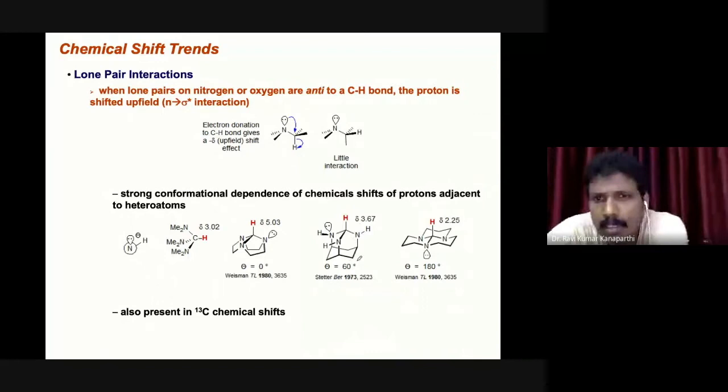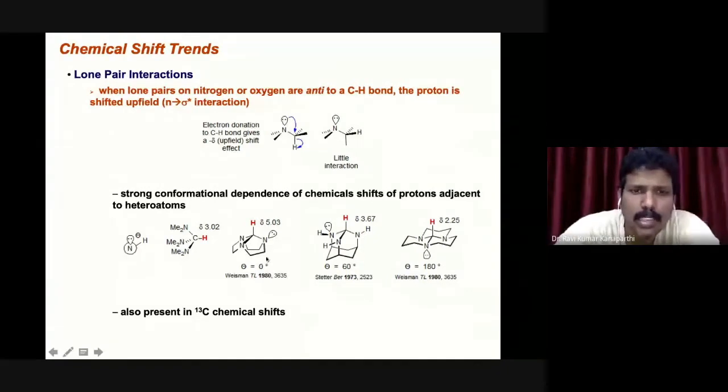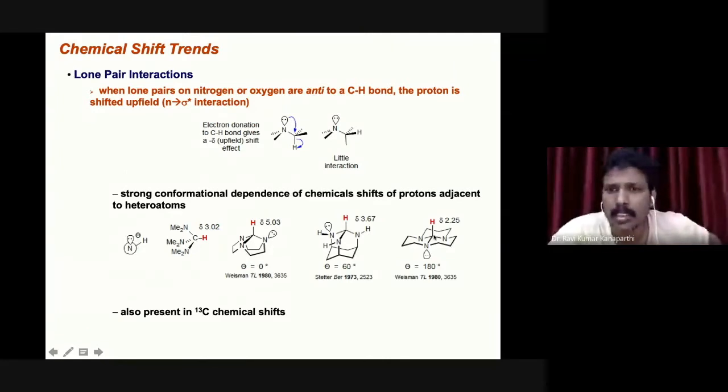And then another conformer. So we have different conformers, and everywhere you have a CH proton, the CH is surrounded by heteroatoms. Now, depending upon the conformation of the molecular structure, that really determines the chemical shift value. You can see here it is not in a cyclic form, this nitrogen is acyclic, whereas in this case it is a cyclic form but a different conformation. So in this case the conformation is different, and in this case also.